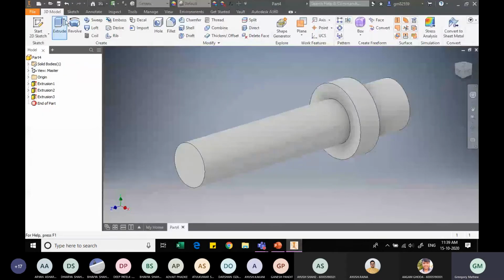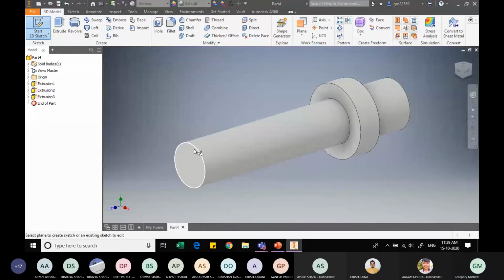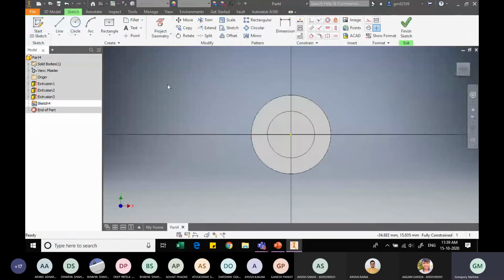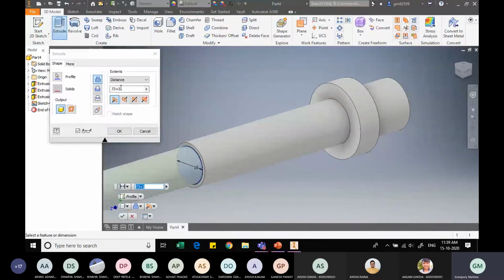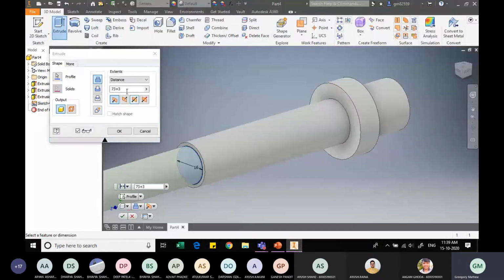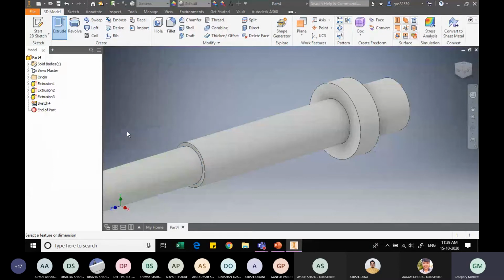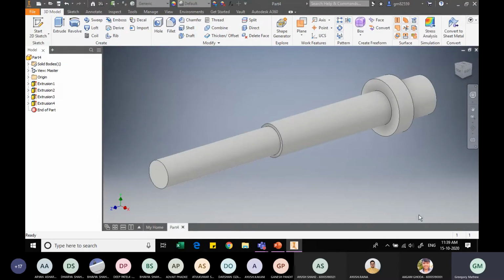So the total elongation, using the sketch command, on this face, let us create a circle which is 16 mm in diameter, finishing the sketch. As discussed, the length of extrusion of this sketch should be, let me just cross verify, 48 plus 33 minus 3. So it should be 48 plus 33 minus 3, and I click on OK, and let me just reduce the size to show how it is, and this is how a shaft appears.